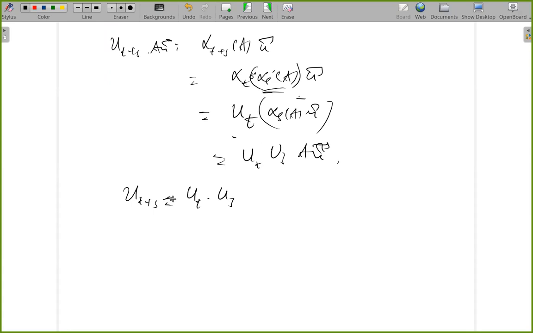Now only strong continuity I have to show to get some sort of infinitesimal generator. So strong continuity will follow from the following fact. So norm of U_T minus A, I... yeah, by the way, you have U_T A U_T star is equal to alpha T of A. Yeah, so this is clear because anytime I have